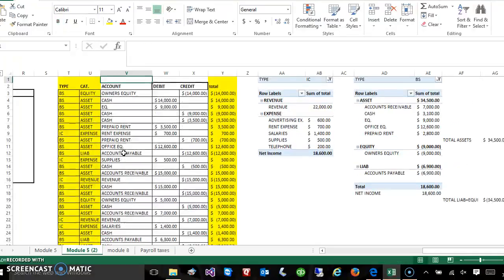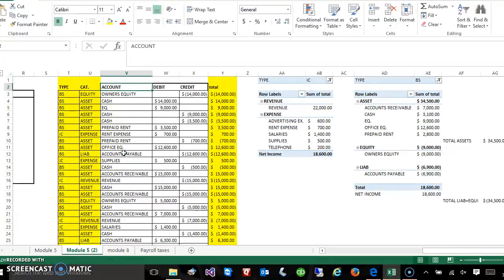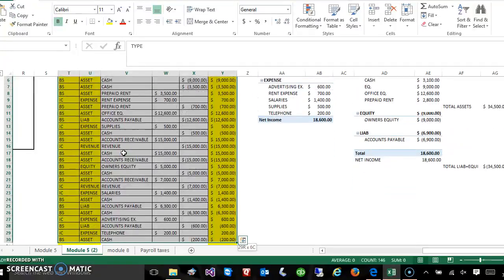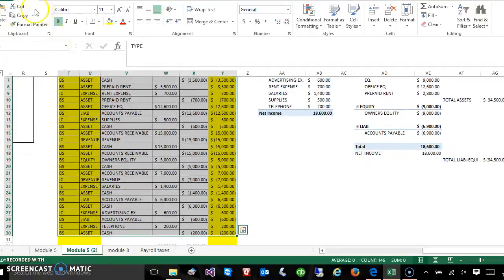since I'm doing it in Excel, I like to use something called a pivot table, which is a lot easier for me to create financial statements. So you can see here I labeled each account within its own category. So owner's equity belongs to equity, cash belongs to assets. Then over here, the type of financial statement: equity, assets, that's all the balance sheet. And you have your income and your expenses, which are on your income statement. So what I do is I highlight the entire thing,